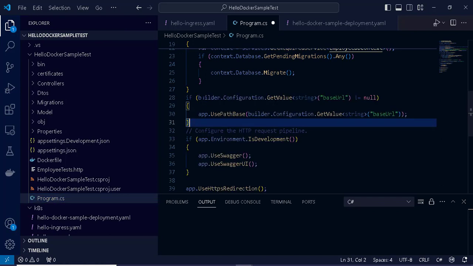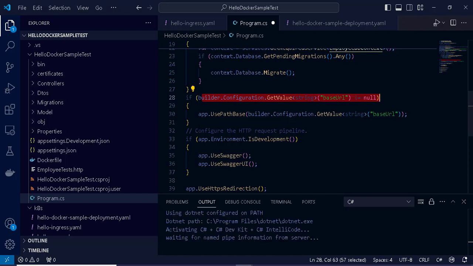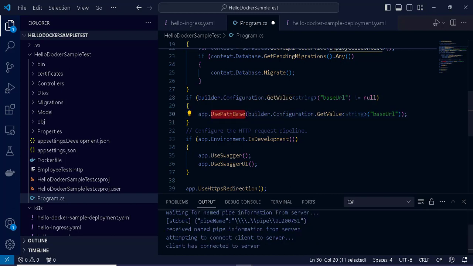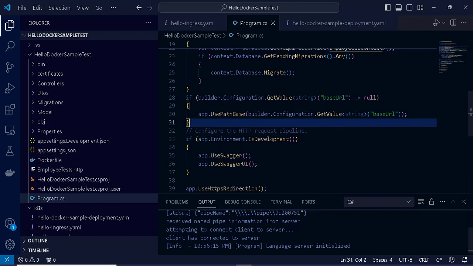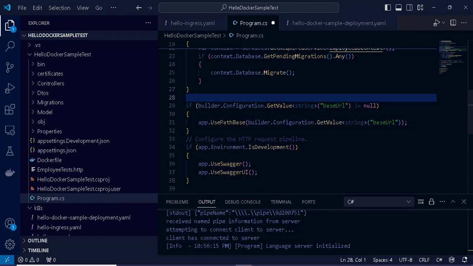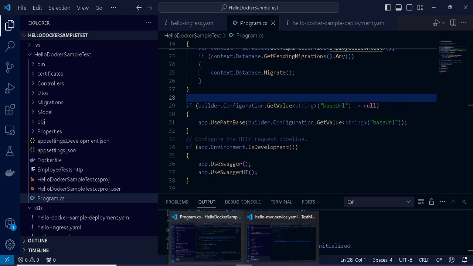So what this code is doing, it is checking for configuration. If this configuration exists, then only we are going to enable this middleware and say use path base provided by this configuration. So let's do this for our web API,